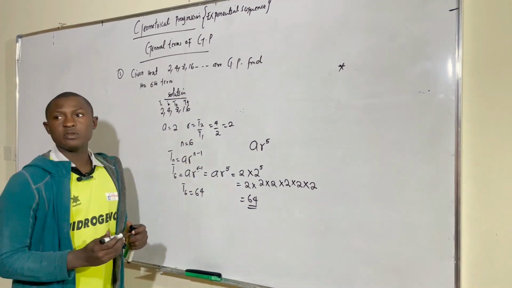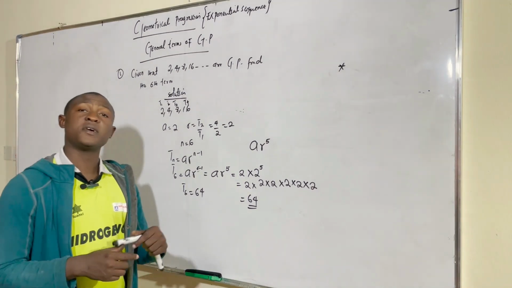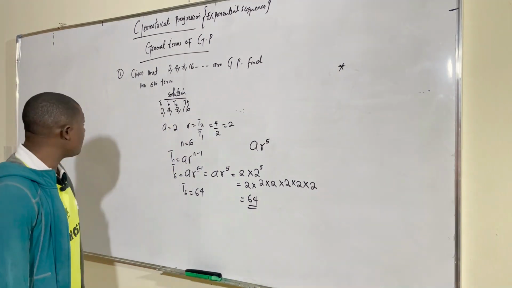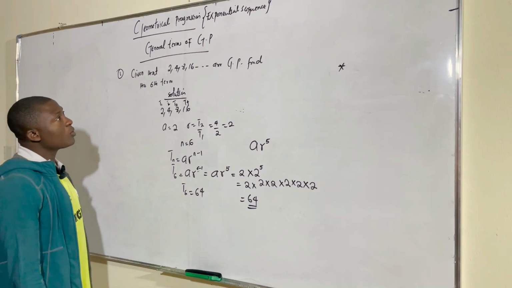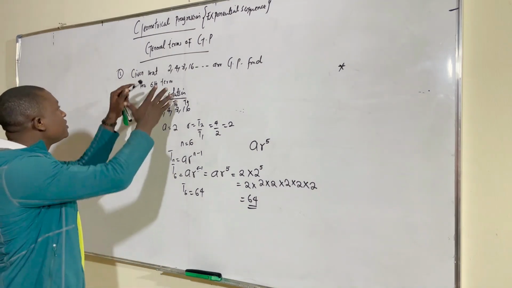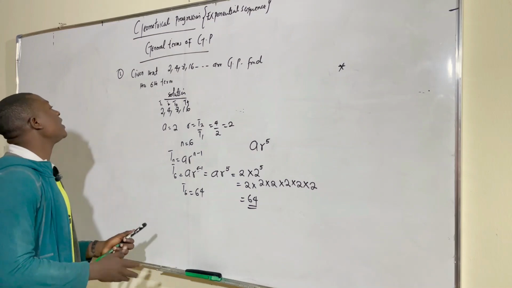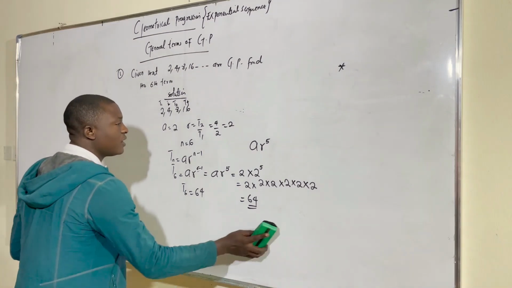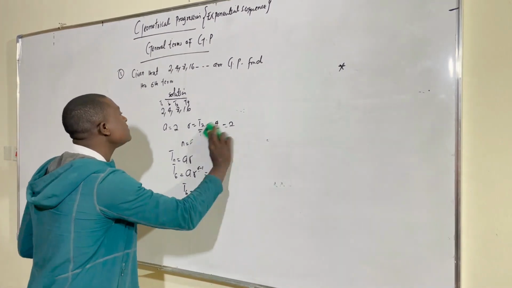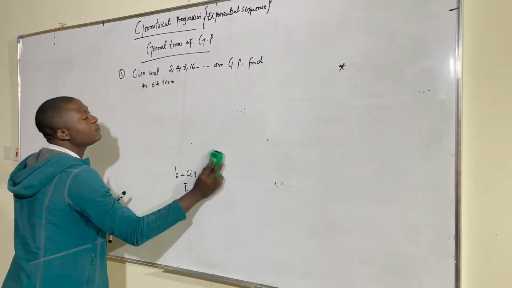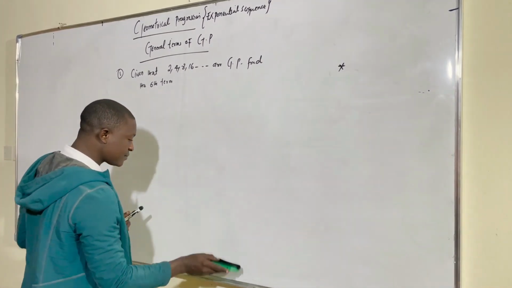So you will be asked to find any of these two, either the first term or the common ratio. It depends on the problem. So let me recreate the same problem and use it to find maybe the first term, so that you see the picture of mathematics here. Let's assume we are to solve a problem like this. They said